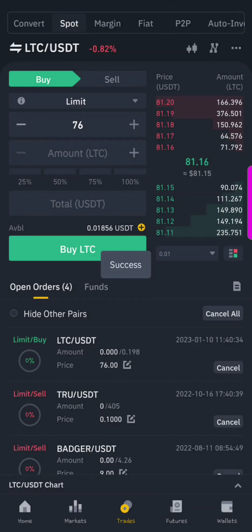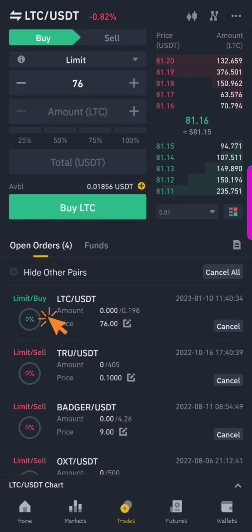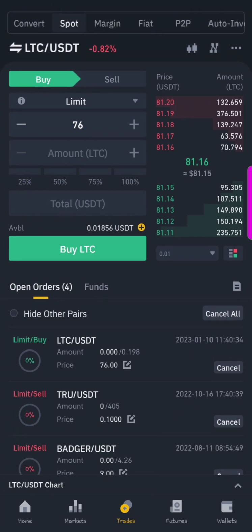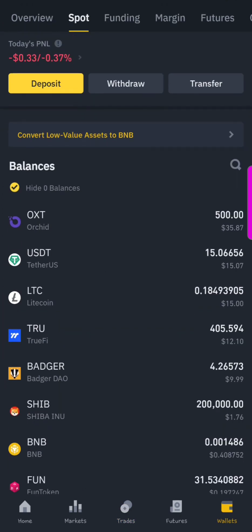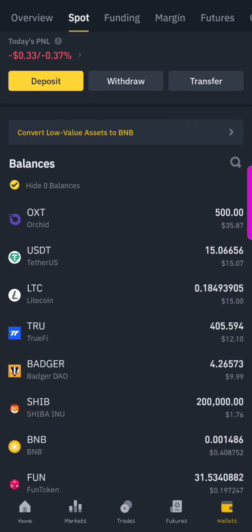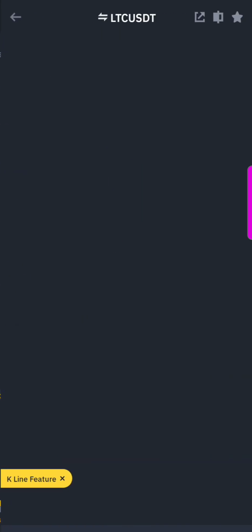Now, as you can see, the difference here is when I set the market order, we did not see LTC in the open orders here. LTC is open here because this is a pending order. Your order has not yet been picked because when you go to your wallets, you can see the LTC we have is still the 15 that we bought at the market price. Okay, so when you go back to your market,